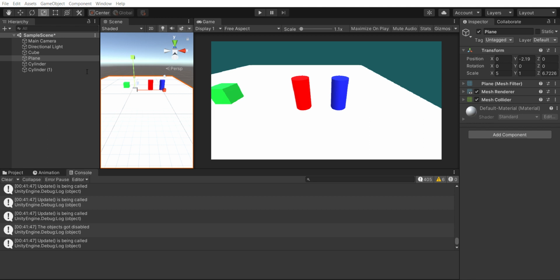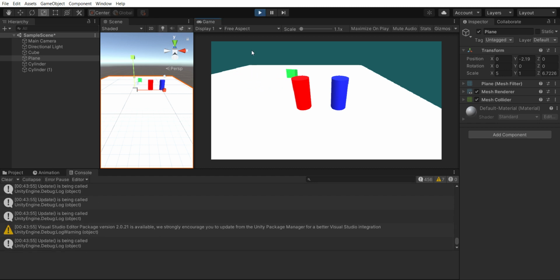So I have created a Vector3 move and initialized it with 1, 2 and 3. Now in Update I have just translated the player using the vector move at speed and Time.deltaTime. Now how this will translate is that it will move 1 unit on the x axis, then 2 units on the y axis, and then 3 units on the z axis. So you can see it here,